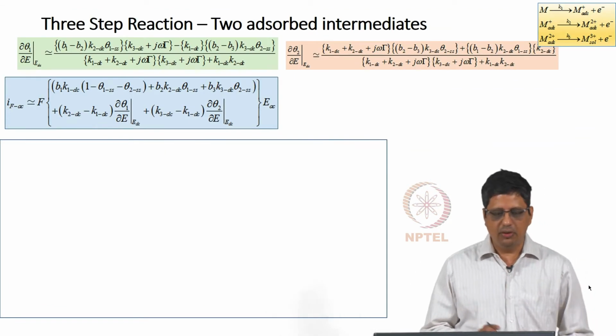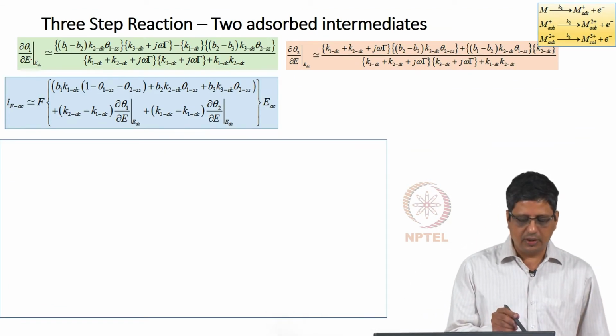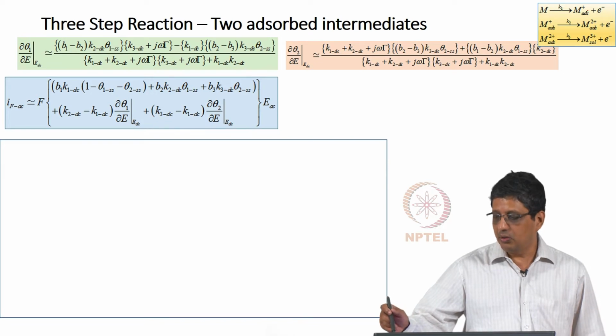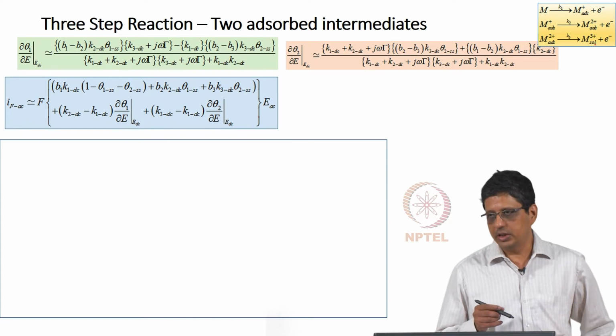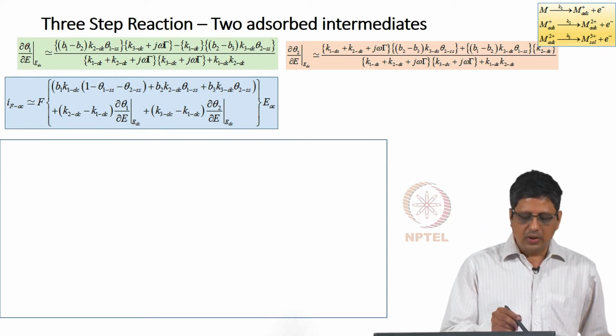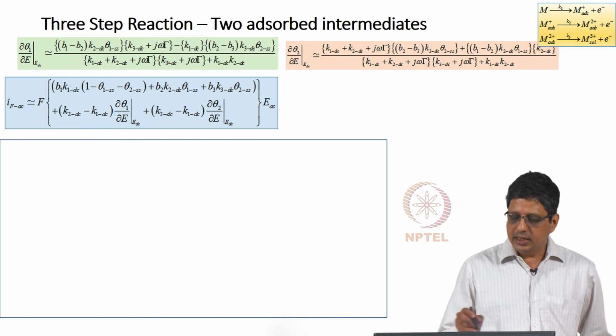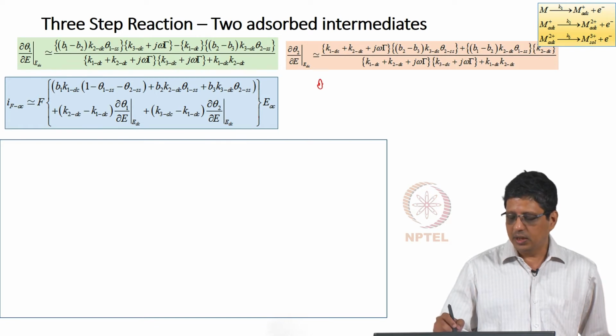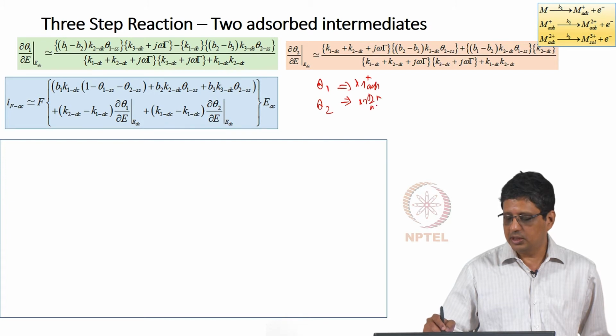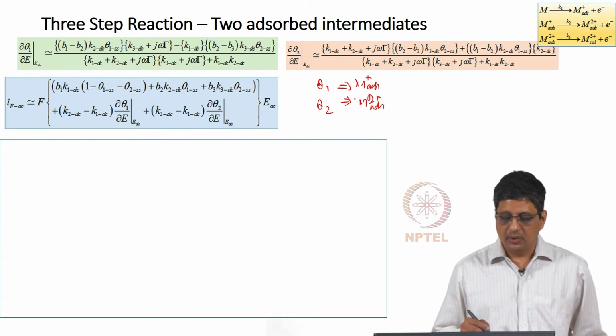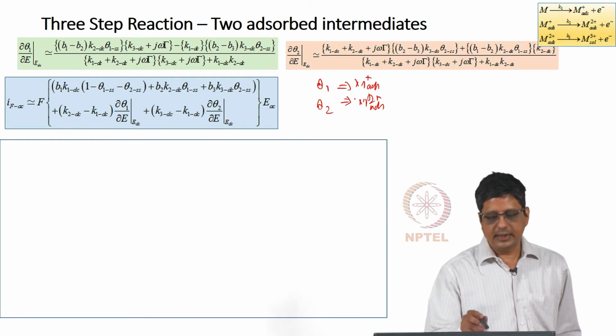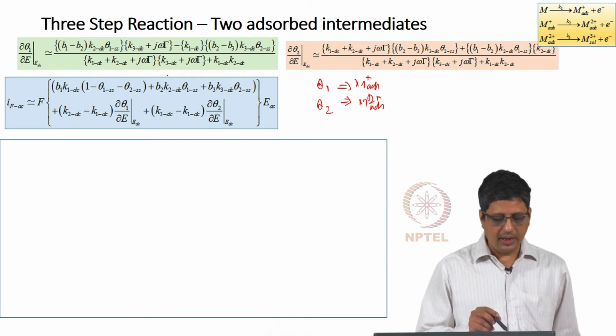So, we have seen this before, that you can get the expression for this particular reaction, metal going to metal adsorbed going to metal 2 plus adsorbed, and that going into solution in the third step. You can get an expression for d theta 1 by dE, d theta 2 by dE, where theta 1, theta 2 correspond to fractional surface coverage of metal 2 plus adsorbed, metal adsorbed, and they come in the second order in the denominator.